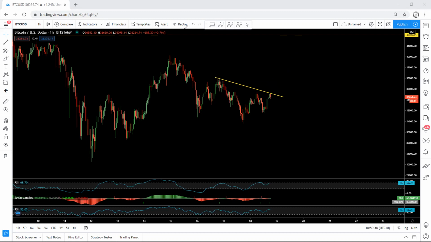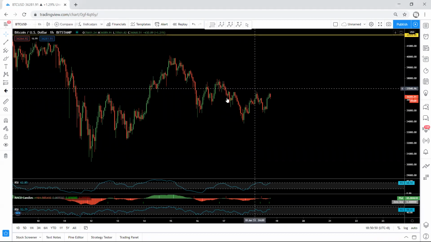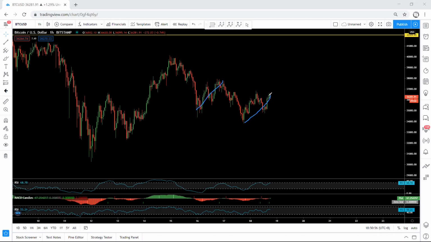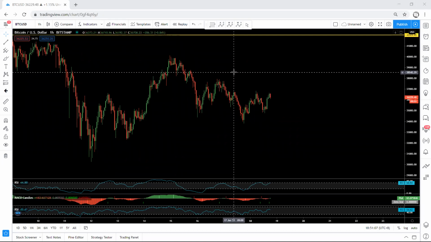Anyway, we don't have any trade setup. It all depends on what we get from here. The best for me, if I want to get the buy, I prefer that from here, or if the price moves a bit higher and makes one move down, then I buy from the bottom rather than buying from here. Anyway, we don't have any trade setup. We just follow the chart and see what's next.